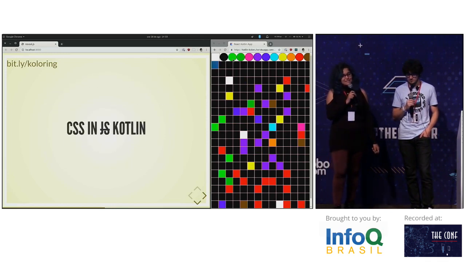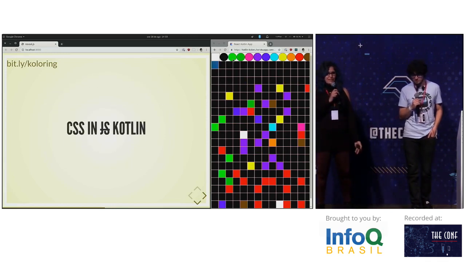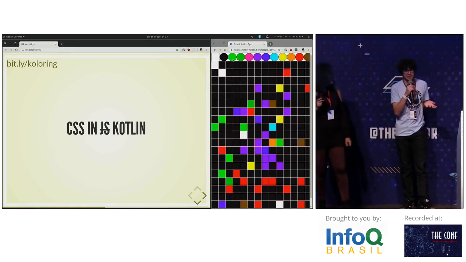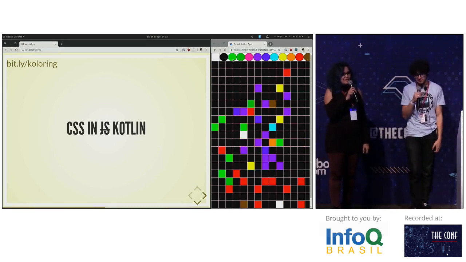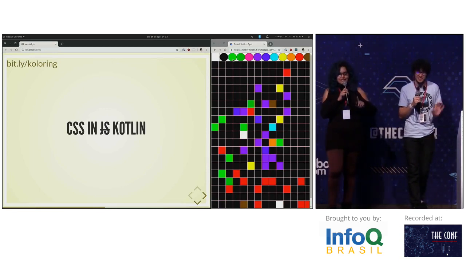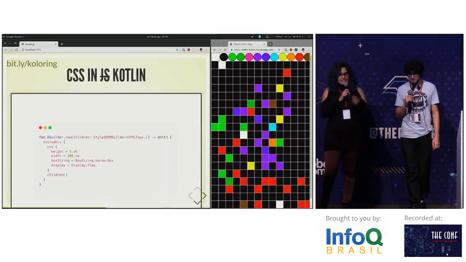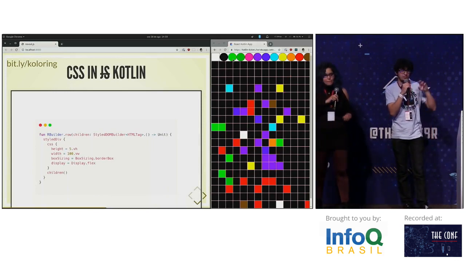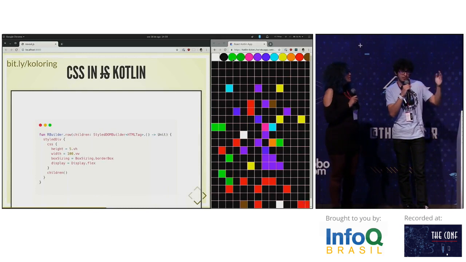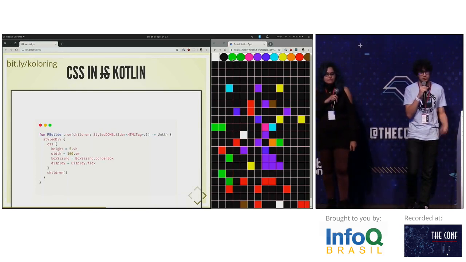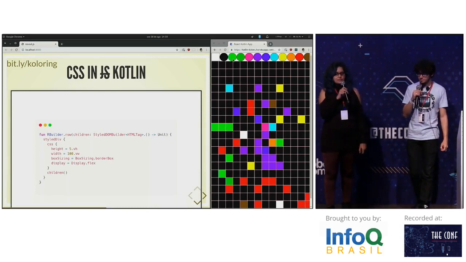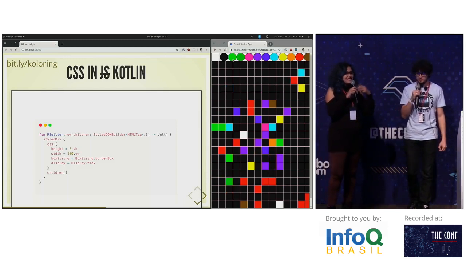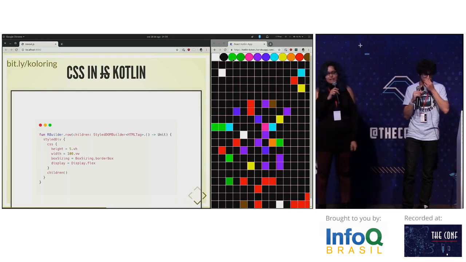And we have some libs like CSS in JS for Kotlin, but the name is CSS in JS. Don't ask me. If you already think that CSS in JS is a bad idea, think about CSS in Kotlin. Yeah, but CSS in JS for Kotlin, not only CSS in Kotlin. And that's the syntax here. Just a small disclaimer, we're not going to focus totally on the code, so we're going to pass over the code parts. You can see that on the slides later. Yeah, and we'll open this code, so if anyone wants to talk with us about this later, that's okay.